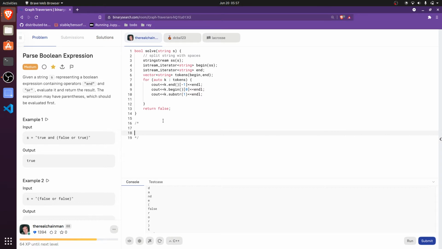So I want to use for string s, s dot substring 1, which works if it's false or true. It doesn't matter. And then let's see, the other case would be